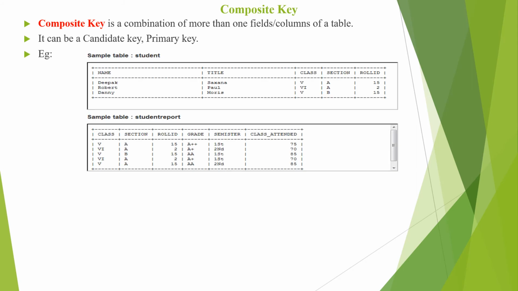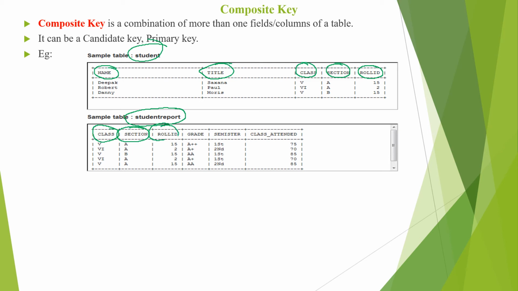Example: from this table, there is a student table as well as a student report table. There are two tables. In this table there are the attributes name, title, class, section and roll ID. In the student report table we have almost all the same attribute values as compared to these two. One is class, one is section and one is roll ID.